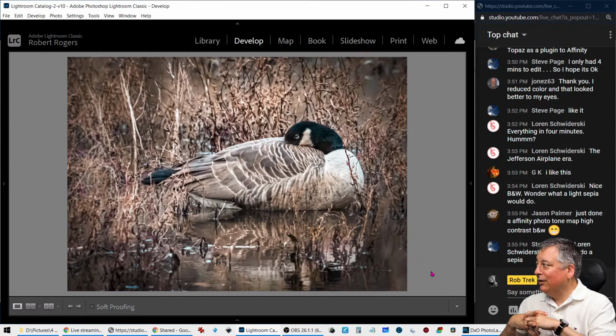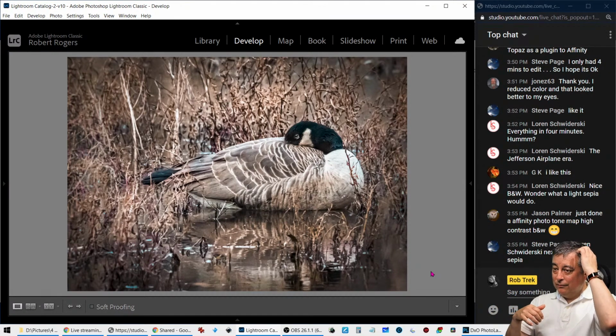Jason just did an Affinity Photo tone map. Yeah, I have to figure out all these features. I don't use Affinity Photo, but tone mapping I see everywhere. So I'm sure it's in everything that I have, Lightroom and Photolab. But anyway,